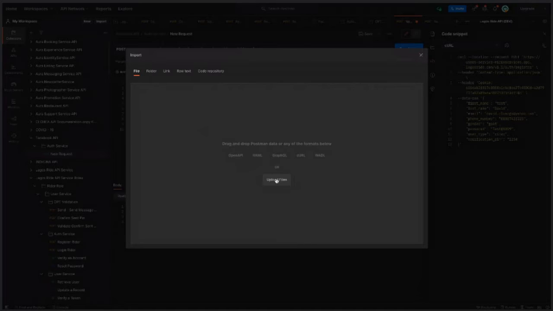As you can see, this is a sample of the JSON file. Once you click on it, it imports the API collections into your Postman.